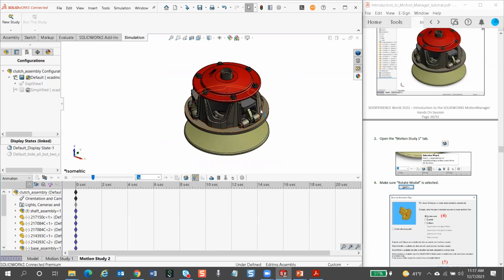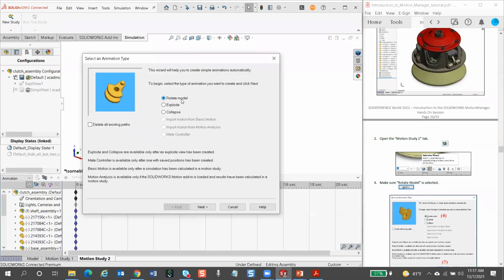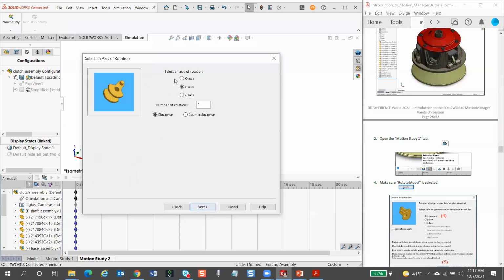And what we want to do is have this model rotate twice about the y-axis for 5 seconds, explode for the next 5 seconds, and collapse for the remaining 5 seconds for a total of a 15-second animation. So if we come here to the animation wizard, click here,